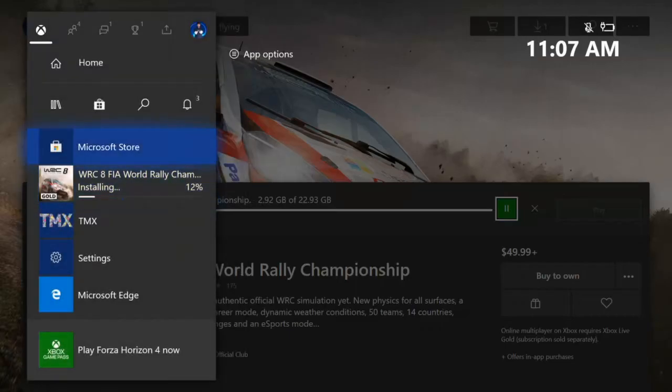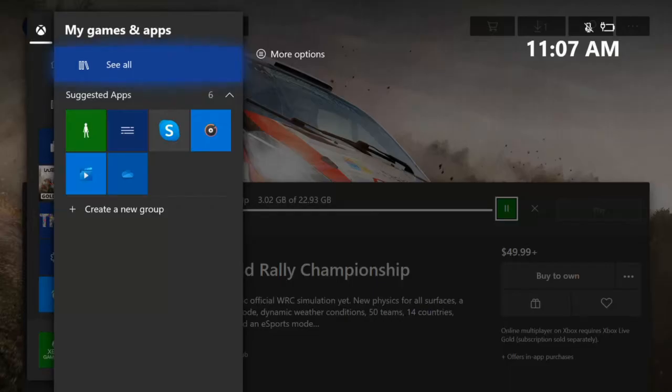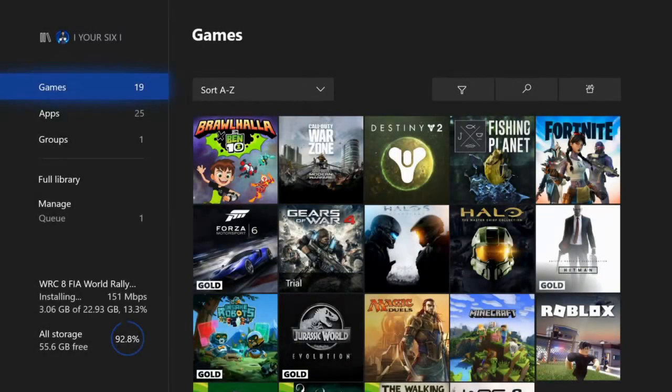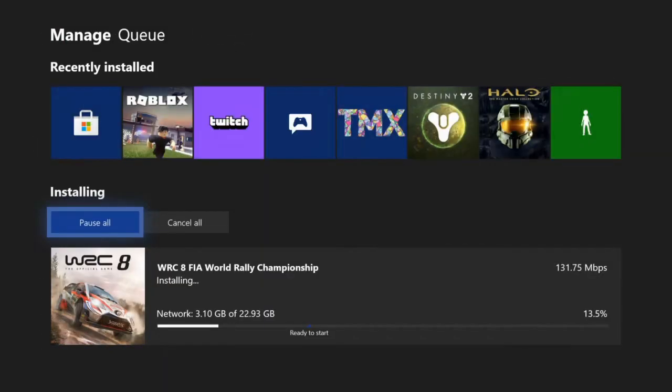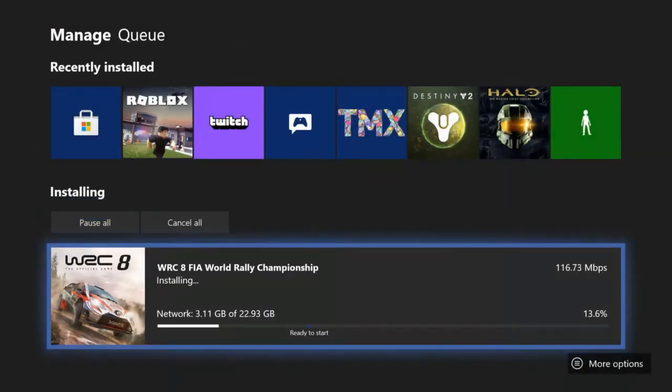Now to get to your queue, you can go to My Games and Apps, then go to See All. Then if you go down to Manage Queue right here, you can go to your queue and it will show you the game that you're downloading and it will show you how much is downloading in the upper right hand